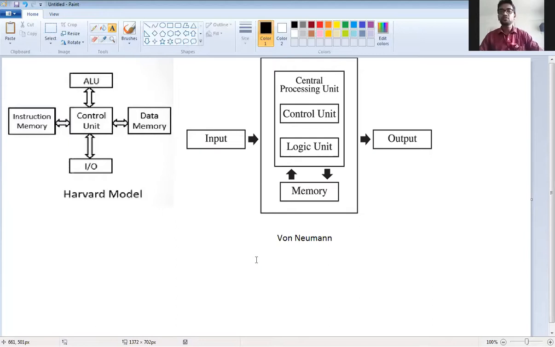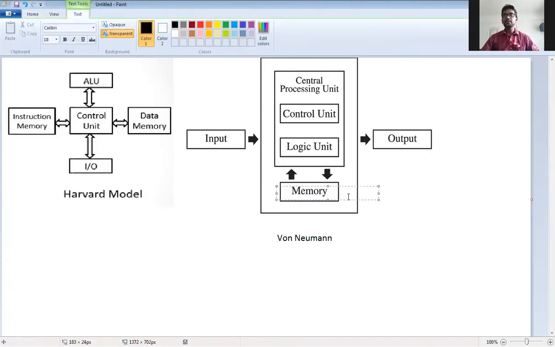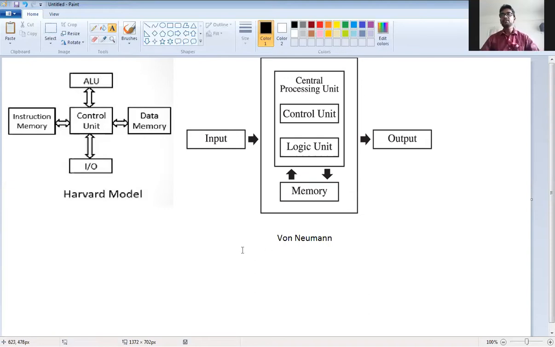What difference can you see here? This is a single memory. This memory consists of the program as well as your data. Correct? As you can see, this is the memory unit. In Harvard architecture, the program memory is separate and data memory is separate. Here both memories are the same.